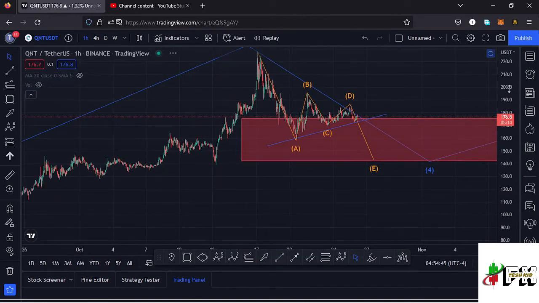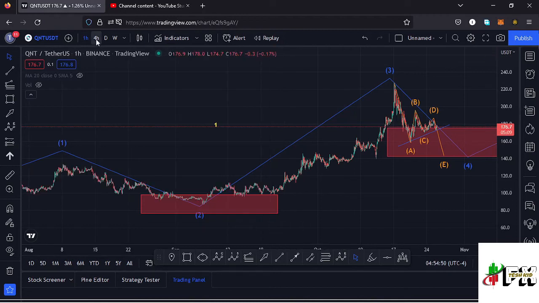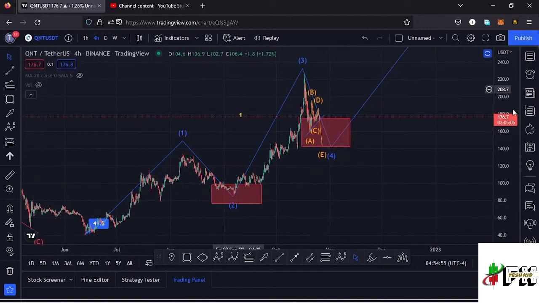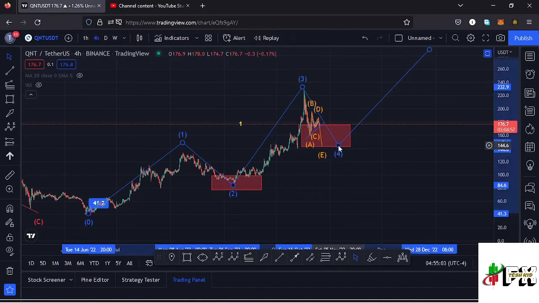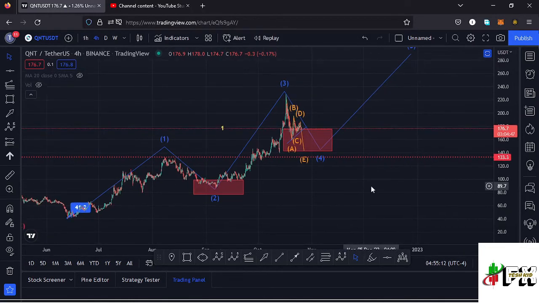We also need to have an invalidation point here on the quantum chart in the formation of this Elliot wave structure that I have right here. And going back to the 4 hour chart, the only time we can invalidate that movement to the upper side in the formation of this Elliot wave structure is in case this wave 4 over here retraces into the high of that first wave, and the high for the first wave is at around the $133.9 mark. So in case we retrace into the $133.3 mark, then my Elliot wave structure will be invalidated,